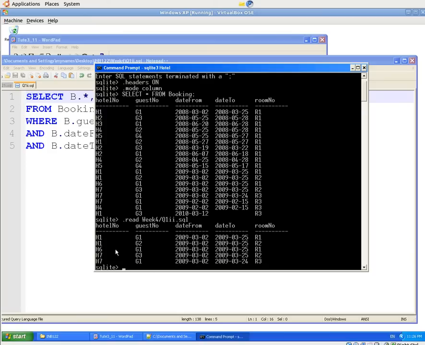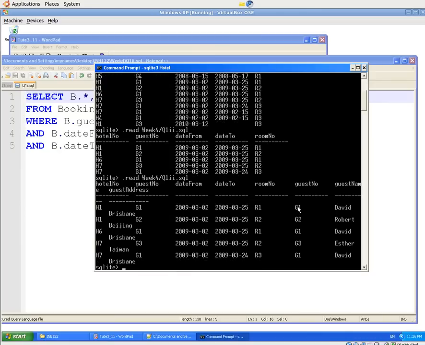So when we do this, this is just coming from B at the moment. When we combine it with G, these are the only guest numbers that I'm going to want to see, and there shouldn't be any more added to it whatsoever in terms of the number of rows. So let's run the query. Now unfortunately here, because